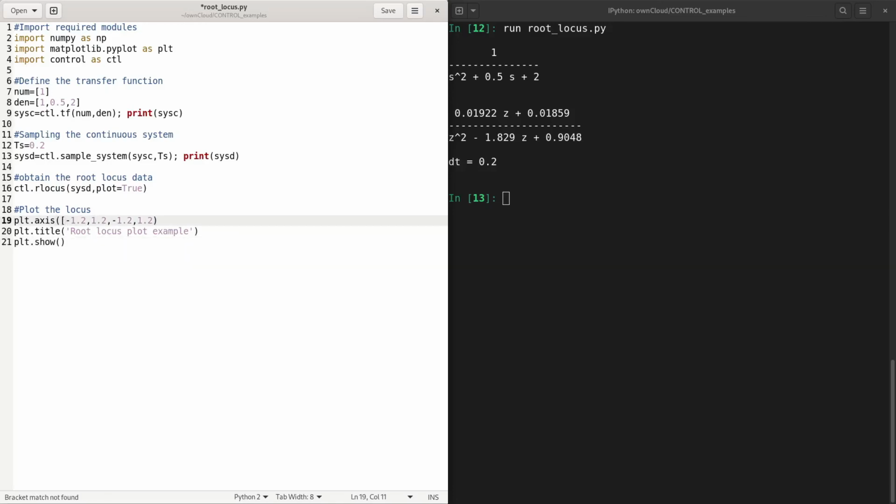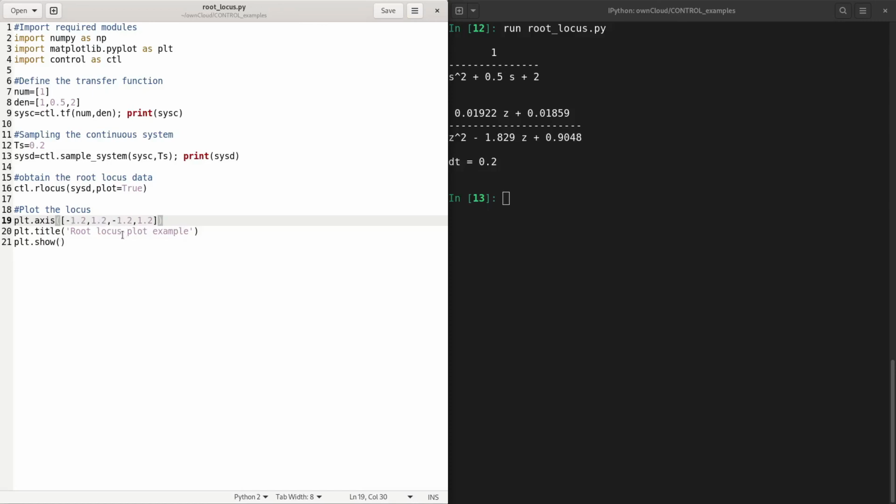Place this vector into this array, and you have defined xmin, xmax, ymin, ymax. And now let us run this. So you will see that the root locus will collect the data, and then plot, and the axis is zoomed into these limits.